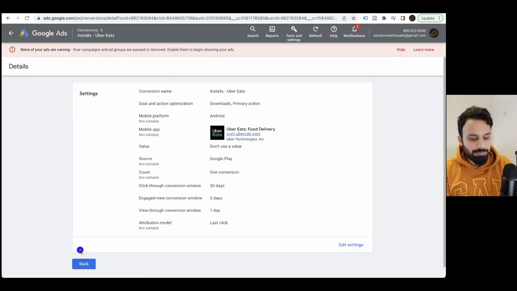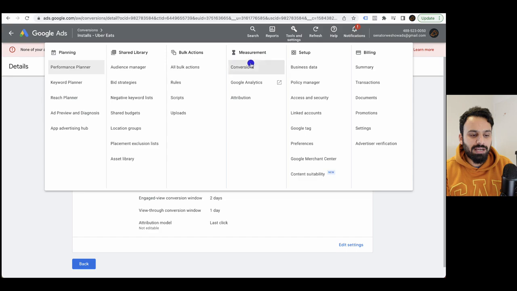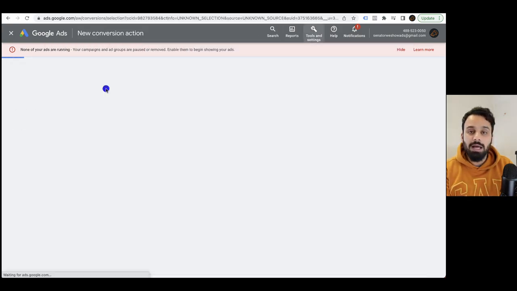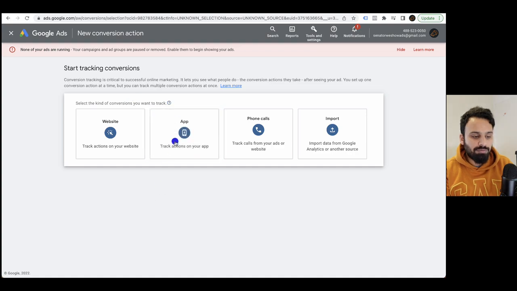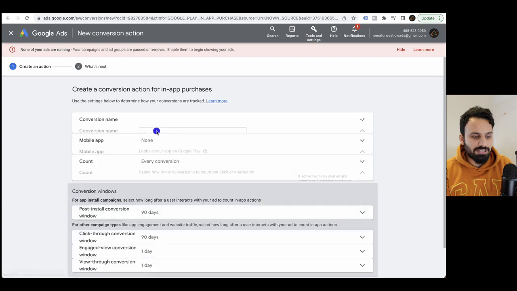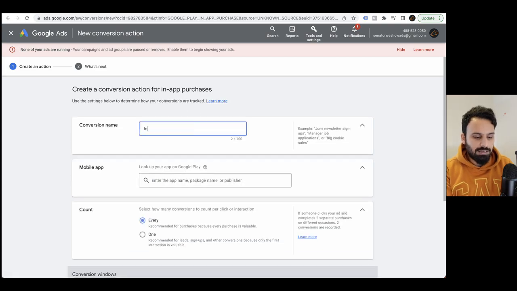And as I told you, then we have to create one more. For this we created for our installs. We will create one more. We'll again go to app, Google Play. Now this one we will create for in-app purchases. So I'll select in-app purchases